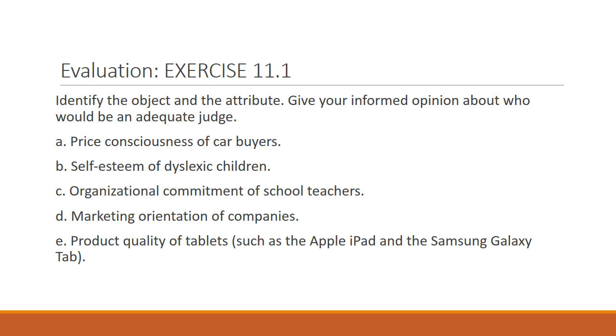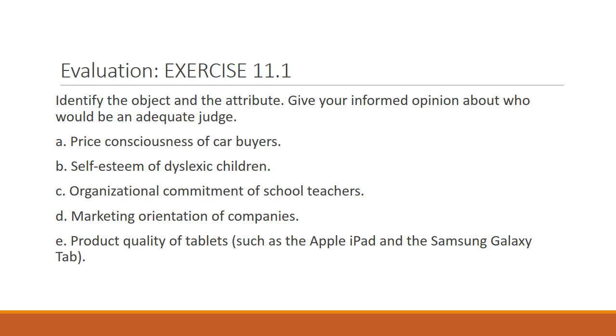The judge is the one who is buying the car, or you may say the judge could be the customer of any company or anyone. So customer could be the judge or car buyer could be the judge. So you see, judge and the object are the same. Sometimes it is possible. There are times when the judge and objects are the same. So I hope that you will be able to solve them and